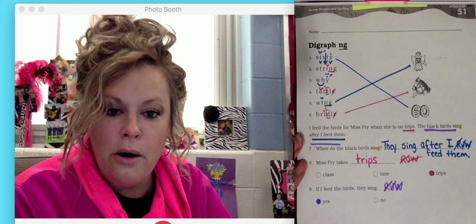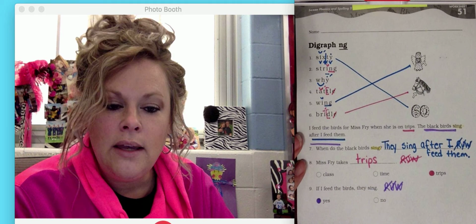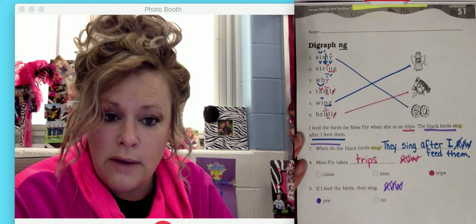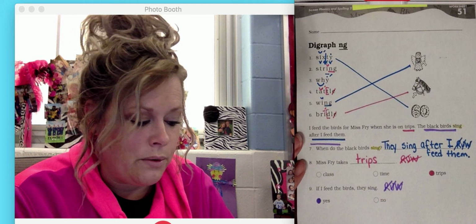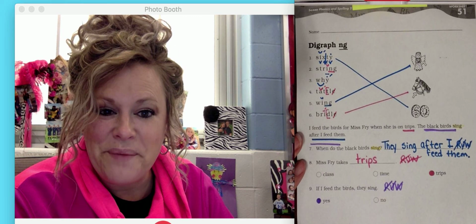So I hope as you were independent on working through this page today that you were able to see some successes. Maybe you missed a code or two or something like that, but you were able to correct it and do it on your own. And again, if you need some extra practice, you can do the back as well. So thank you guys for